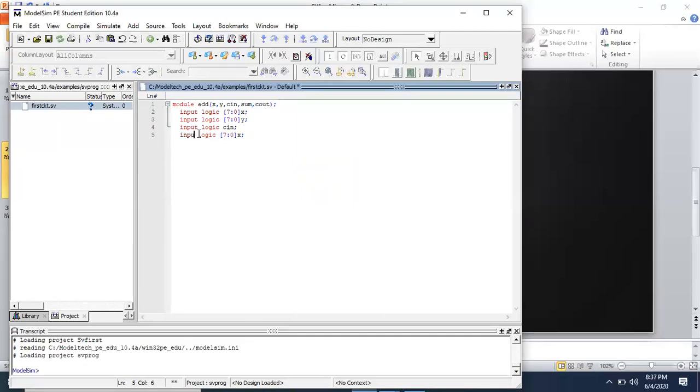Now we'll write the output. There are two outputs, sum and cout. Cout is again a single bit number.